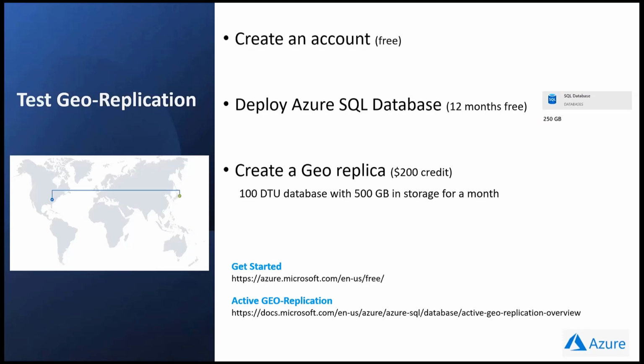So I just wanted to show you here: if you want to try this out, how can you do it? I put an example of how you can do it for free, and of course I give you these links on how to get your account for free. It's a pretty straightforward process. I'm also giving you this active Geo Replication link, where many of the things I have discussed are documented. You can also find videos, demos, samples, quickstarts, and tutorials to help you understand the concept better and decide whether you're going to deploy Geo Replication or failover groups.